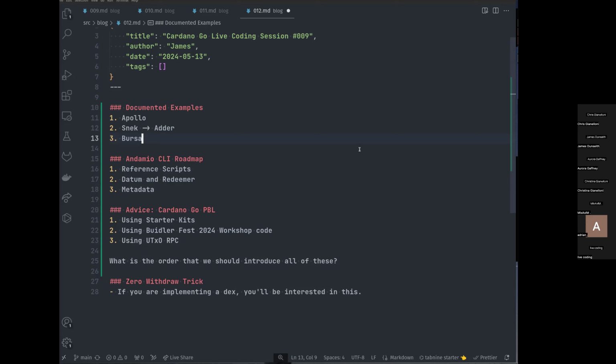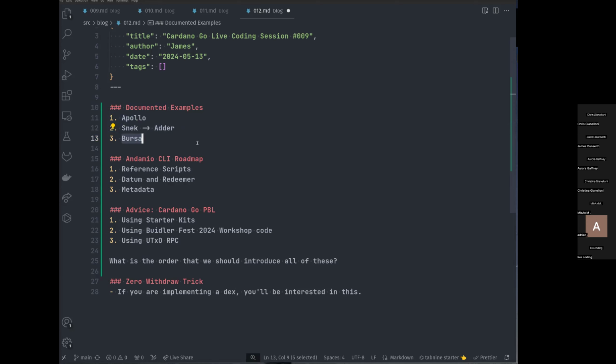So a few of the outputs for that project are really relevant right now. And I think we've already made some good progress on this. But now is a really good time to start thinking into details and sketching out what we're going to accomplish over the next few months. One thing we promised for the next milestone that we'll submit are documented examples for a few tools. And we named specifically in the milestone having simple examples for Apollo, for SNEK, which is now called Adder, and